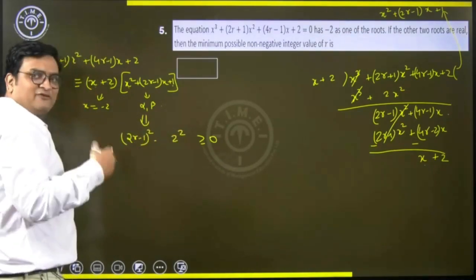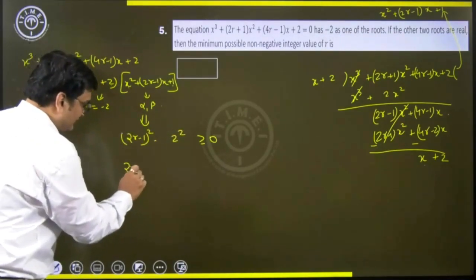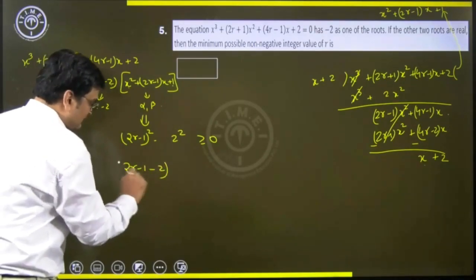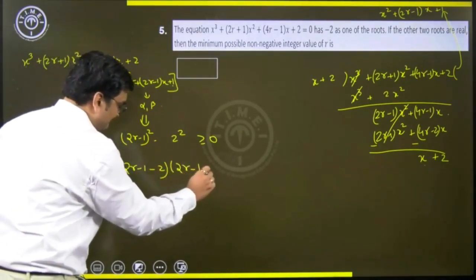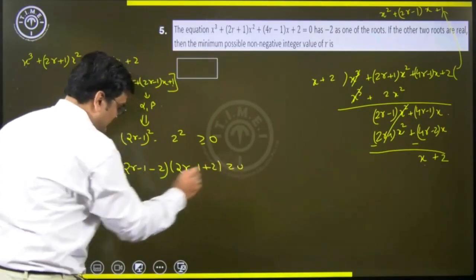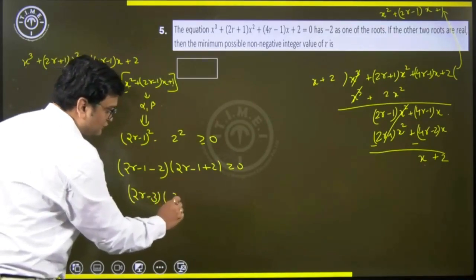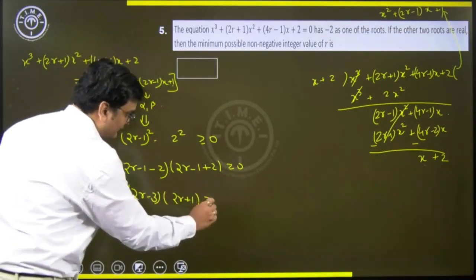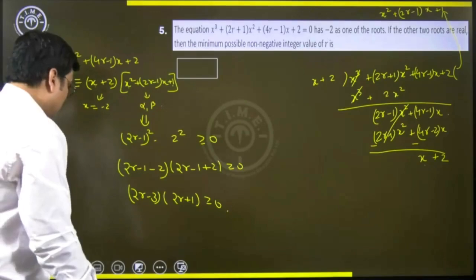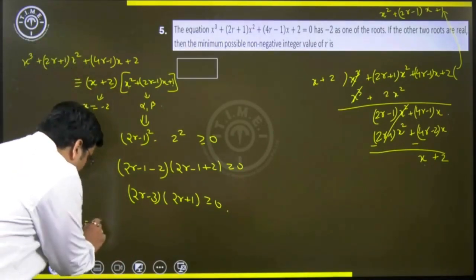a square minus b square greater than or equal to 0 would be (a minus b) into (a plus b), which should be greater than or equal to 0. Simplify. This is (2r minus 3) into (2r plus 1) greater than or equal to 0. So when I solve this,